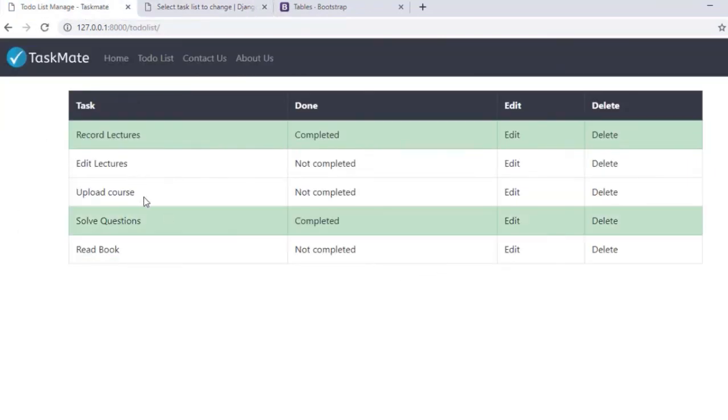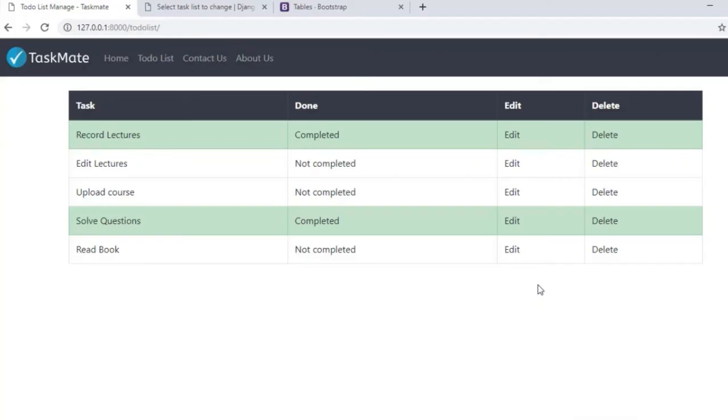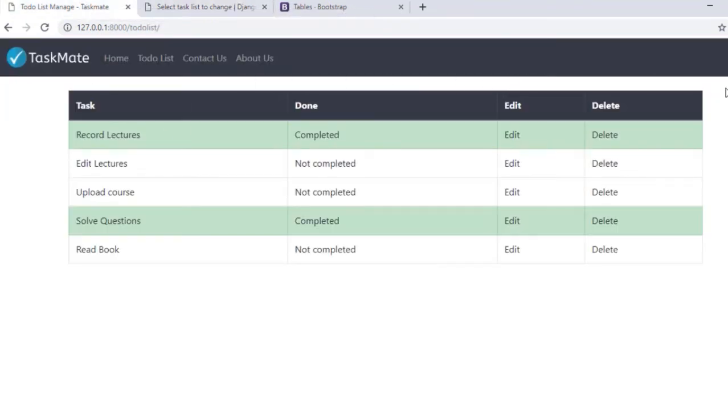So these are the pending items. We are going to do a lot more changes. We are going to change this one also. But currently, I hope now you are able to understand this part. Now in the next lecture, let us talk about how to add a new task. Currently, we are adding tasks and editing them from the admin panel. I want that to be added from our front end. So in the next lecture, let us start working on that.